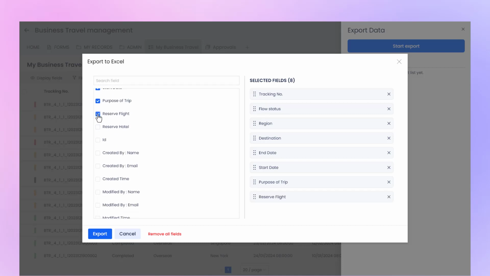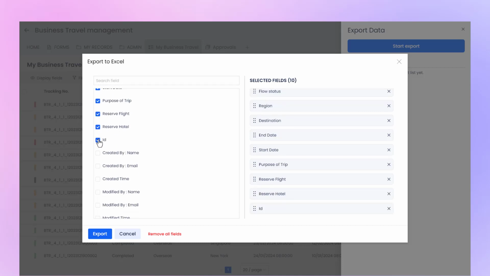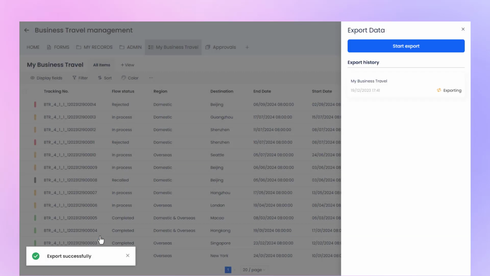Simply check the boxes next to the desired fields in the left side list, and they will be added to the Selected Fields list on the right side of the window. Conversely, you can also remove selected fields if you do not want them in your export file. To rearrange the order of the fields, click and drag the icon in front of each selected field. After adjusting the selected fields, click the Export button at the bottom of the window to start exporting the form